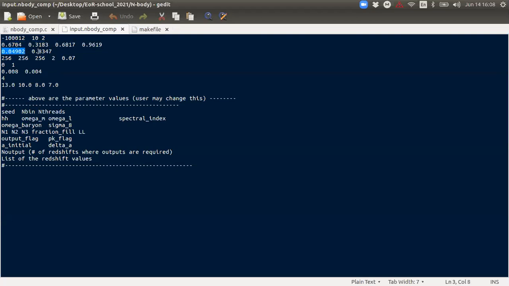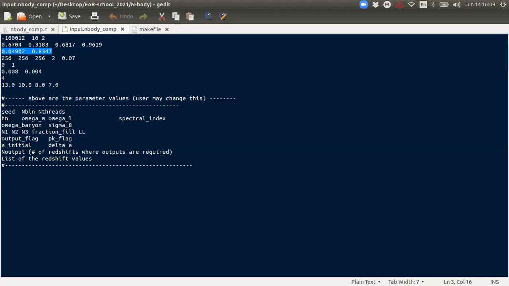The next row is also dedicated to the cosmological parameters. The first one is the omega baryon, and next is the sigma values. You can change these numbers if you want to simulate a universe with other cosmologies.